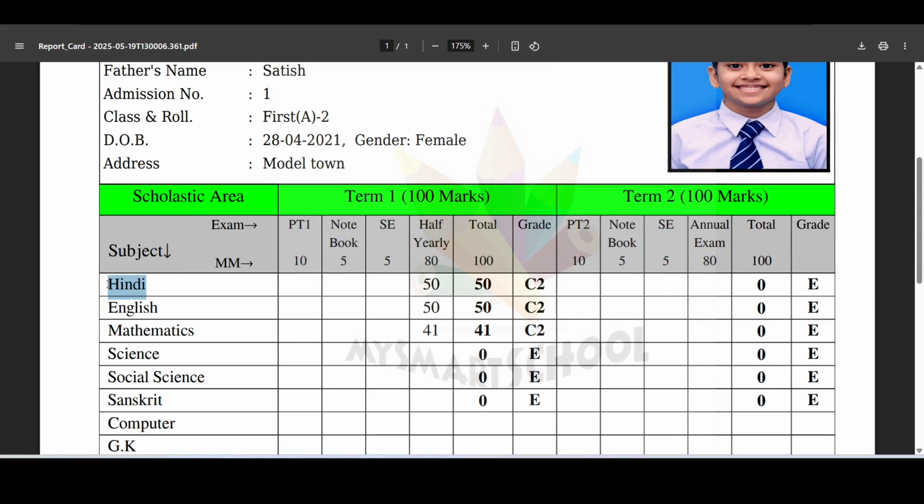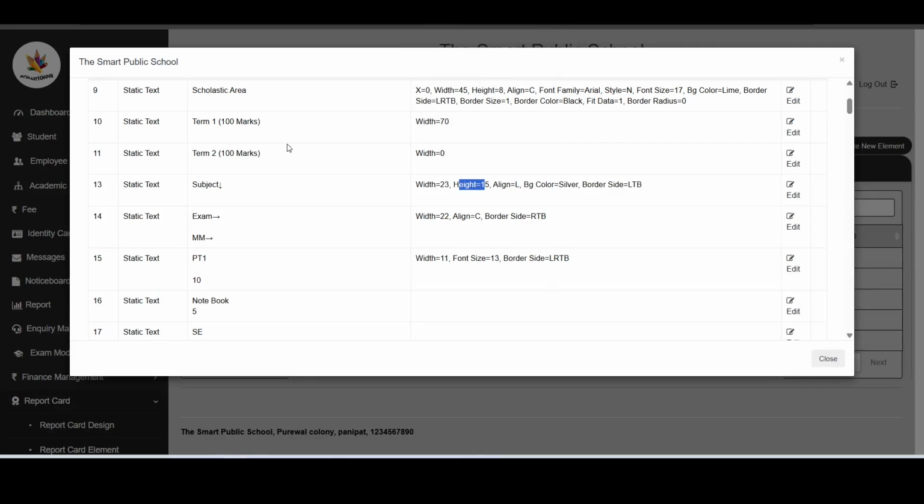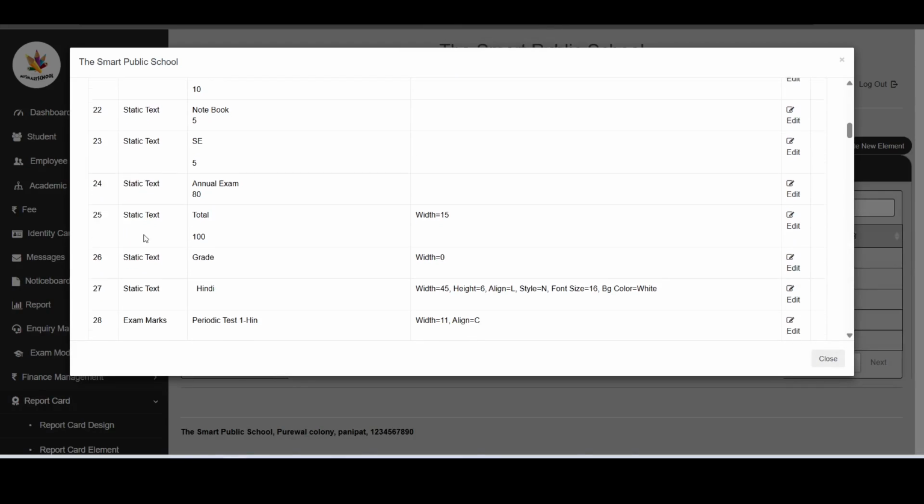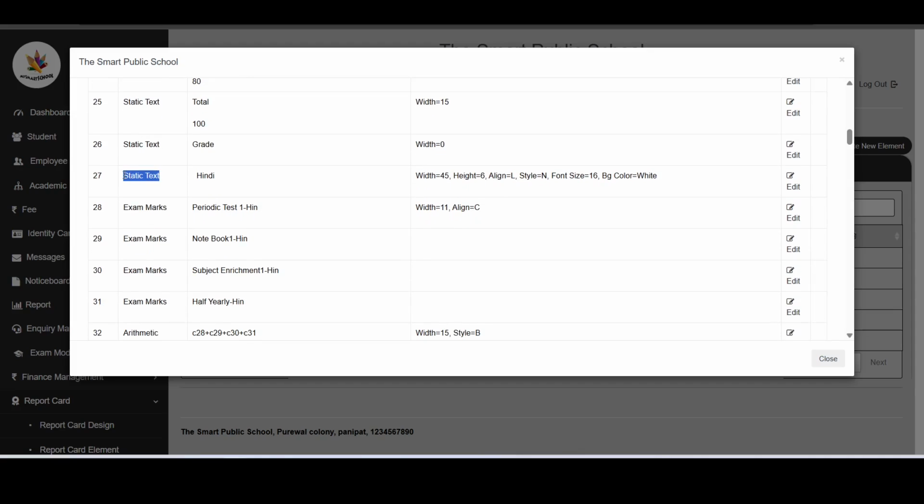Then next, this is also a text field, and from here onward these are marks fields. So let's check this PT1 cell of the Hindi subject, or this half yearly cell. From here you can see static text up to here, Hindi. The subject name is also given in static text.